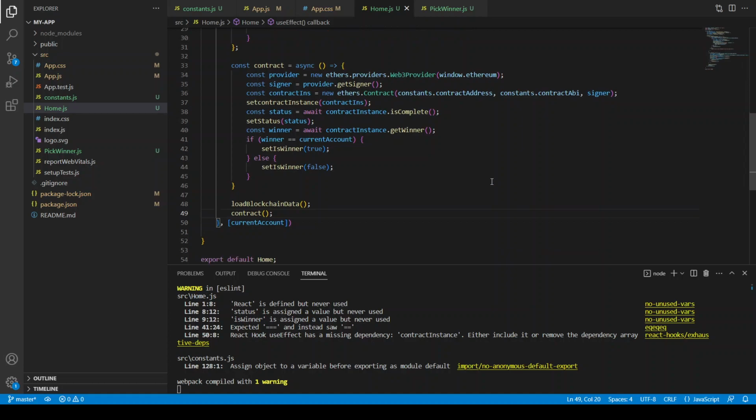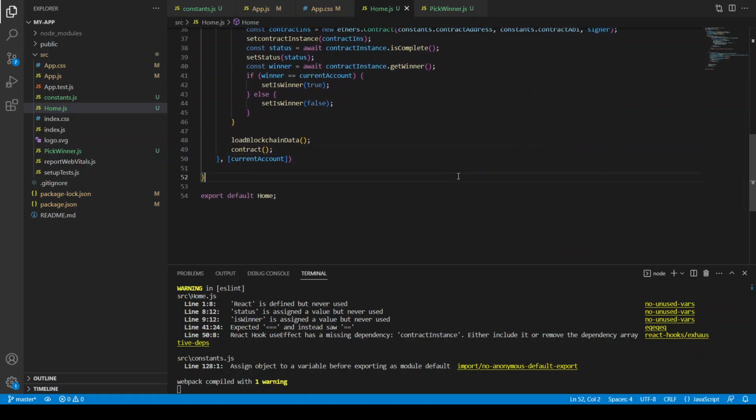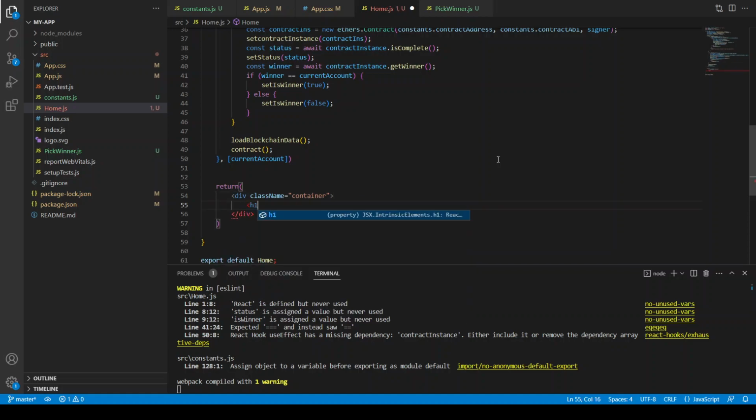Okay, so now we are going to write a return for what we want to print on our page. It's simple. First of all, we're going to define a div, and it has a class name of container, and inside this div we have this h1 tag, and it's going to say lottery page. And then we have a div,